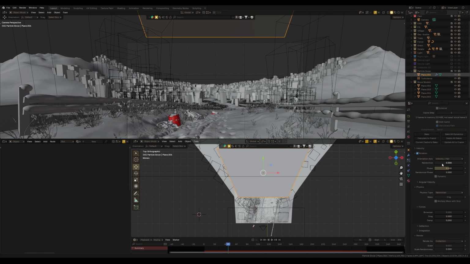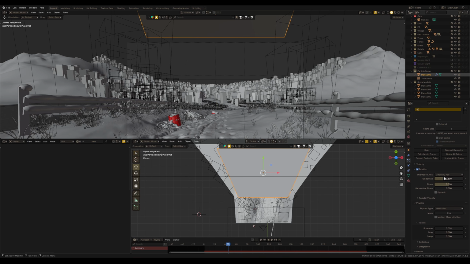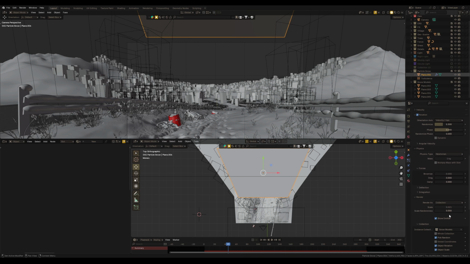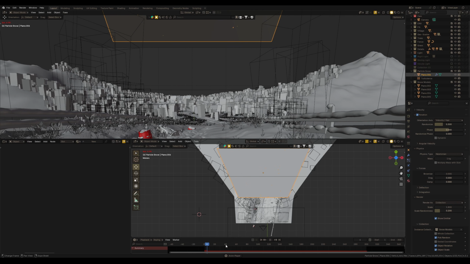Now we can make some adjustments to this particle system, like rotation, set randomized rotation value, increase scale and scale randomness to get more natural variations. Go to the first frame and play an animation. We can see falling snow in the camera. But in order to see snowflakes flying across the scene in the first frame, because now it just started falling,